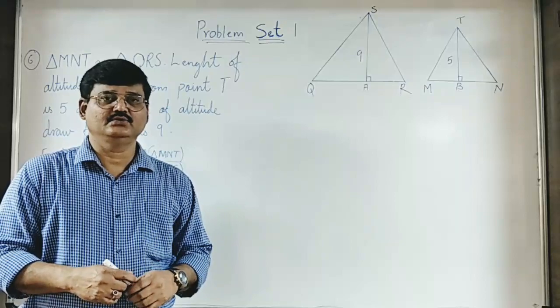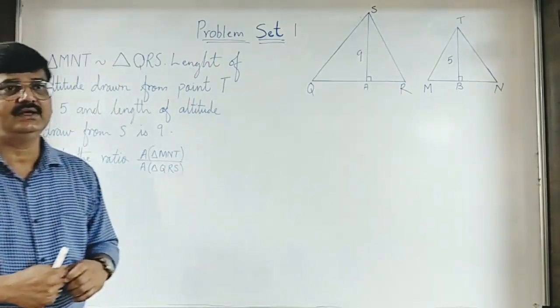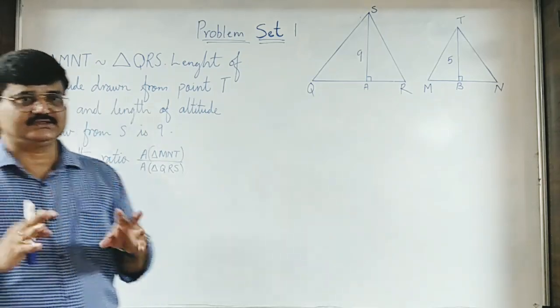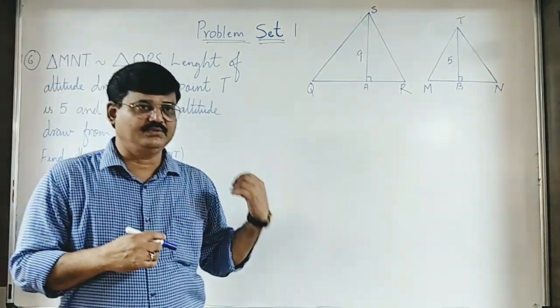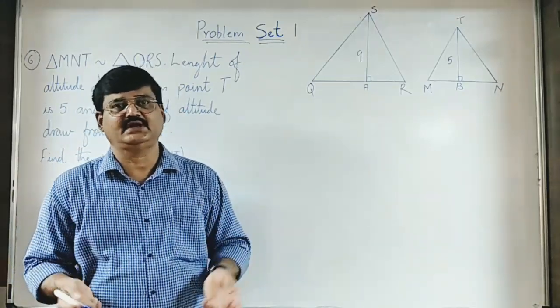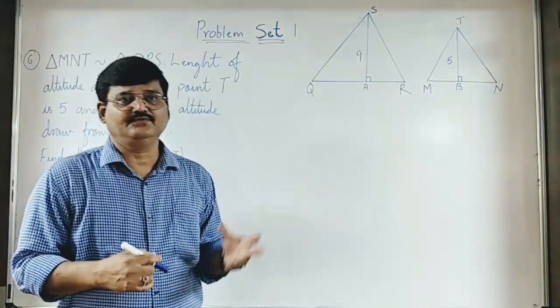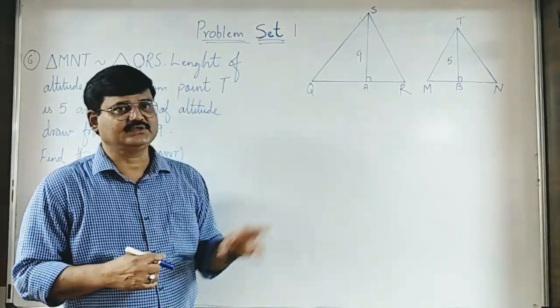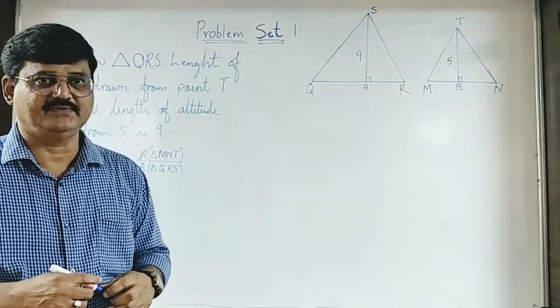So now in this video we are going to start again the problem set ka six question, and there are certain more sums out there in this problem set ka, and then we'll complete this chapter, and then in the next video we'll be starting a new chapter. So let's start with the few sums which are left out in problem set one over there, and then we'll finish up with this chapter.